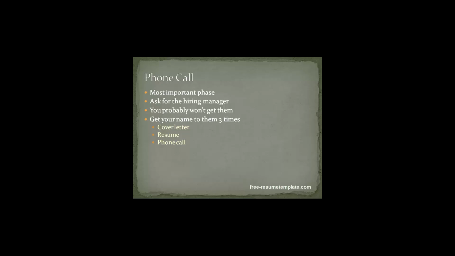It's that important. Plus, this is a way for you to have almost a subconscious thing, to have your name in their mind. If you've dropped your name to them, and they actually receive the resume, it's going to be like, oh yeah, this is one I want to look at because I talked to this person on the phone.